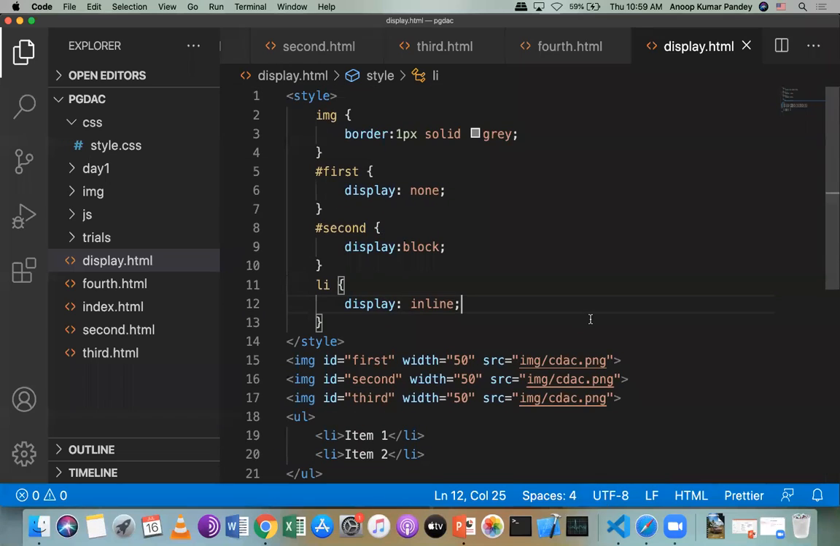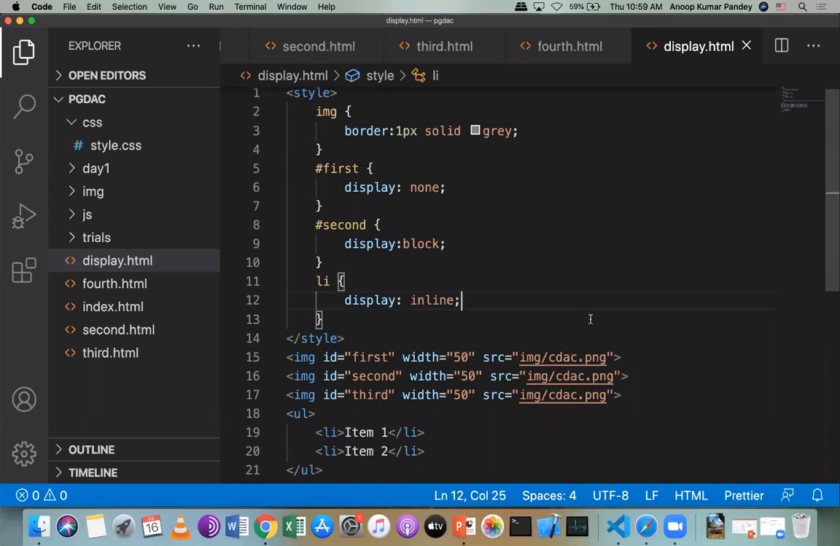So these are display properties: display none, display block, and display inline. Now when I was setting the color, I was using directly gray, green, tomato, red, yellow. But suppose you do not want to use the color name, so what you can use is